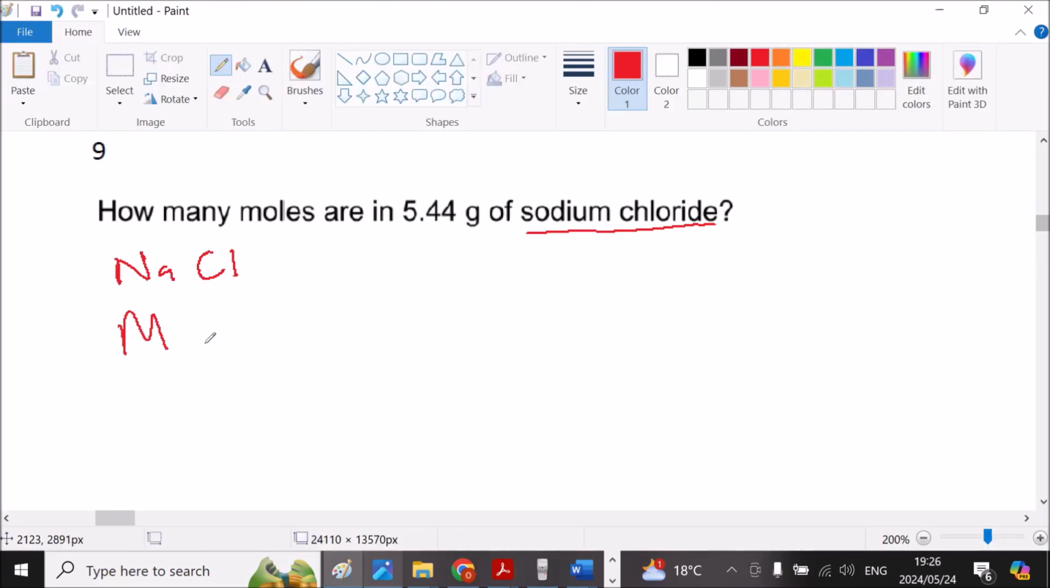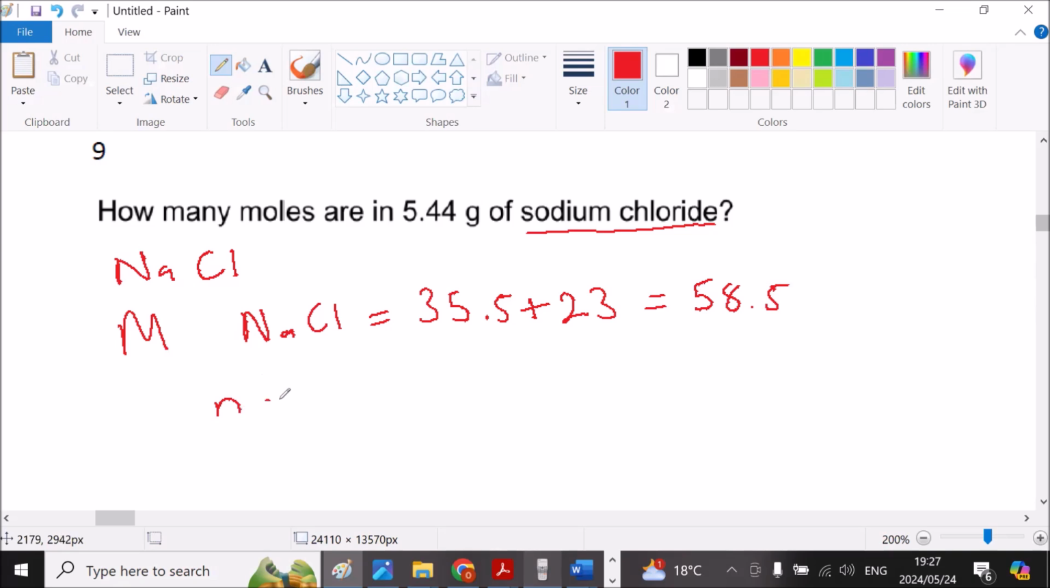So we say the relative mass of sodium chloride is equal to 35.5 for chlorine plus 23, which will give us 58.5. Now we know the number of moles is equal to the given mass over the relative mass, whether it is atomic mass, molecular mass, or relative mass for ionic compounds. This will give us